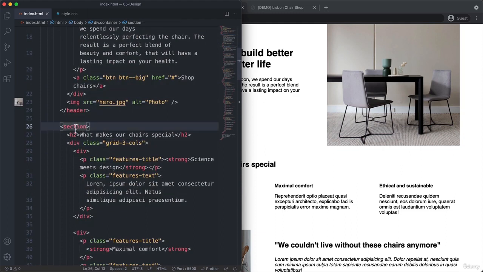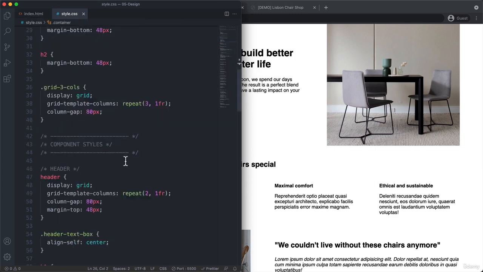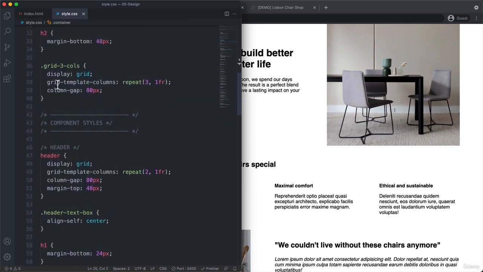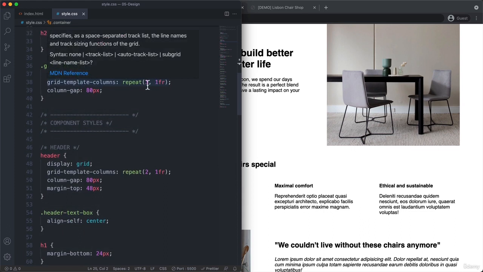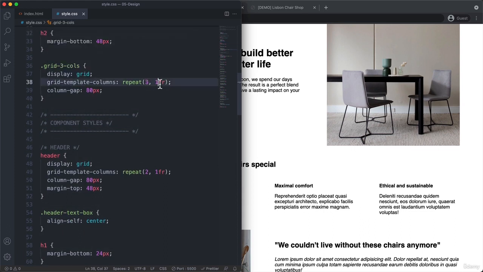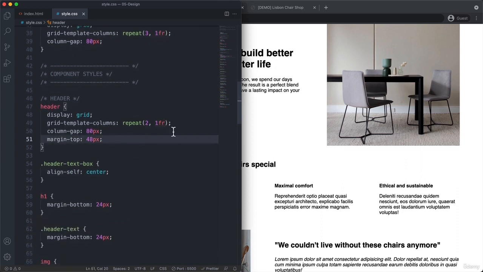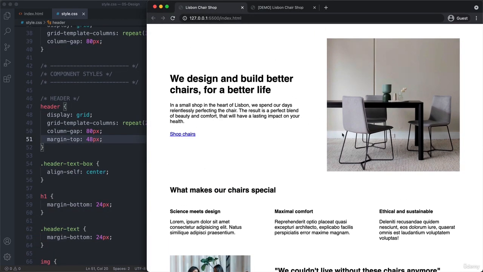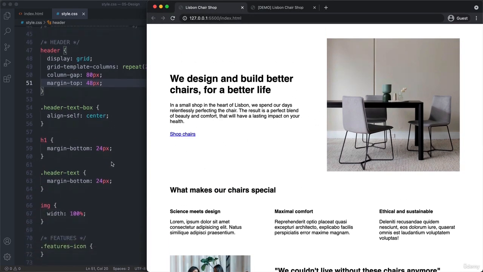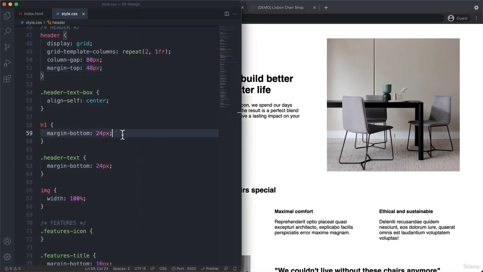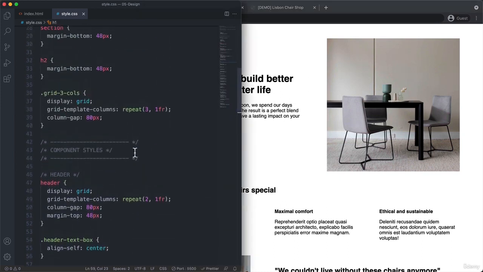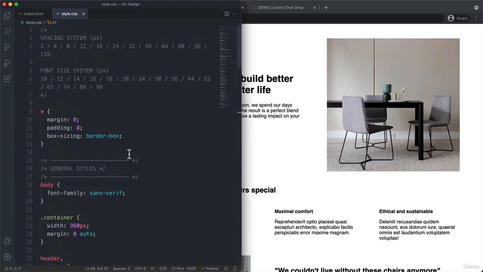So inside of this section, it's just a grid with 3 columns as I was saying. So that's why we have repeat 3 times 1 FR. So just as we learned in the previous section. Then here in the header, there is another grid with these 2 elements here side by side. And yeah, as I was saying, there's a lot of margins already being applied, but basically that's it. So again, I think it would be a very good idea that you analyze this CSS code and also the